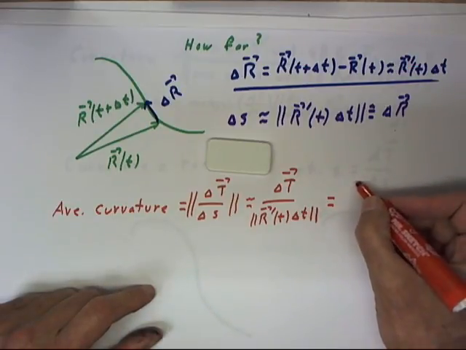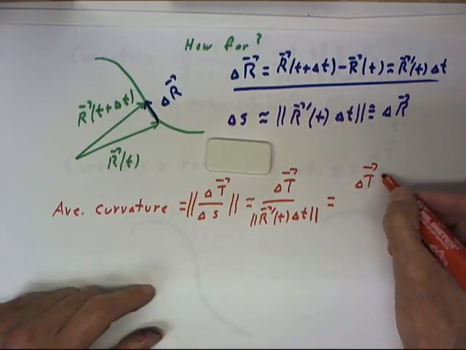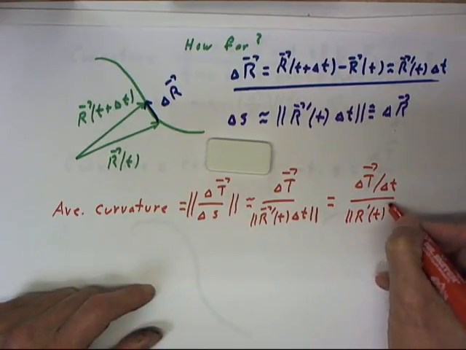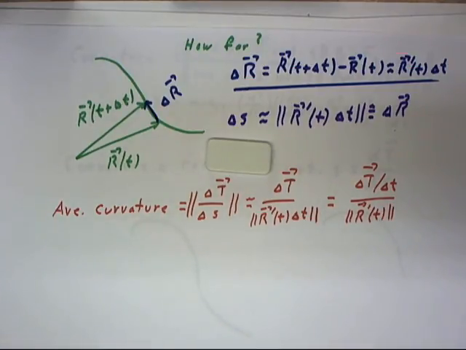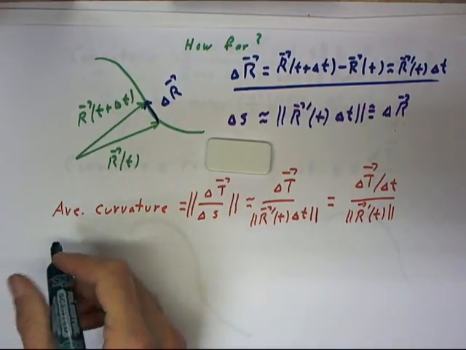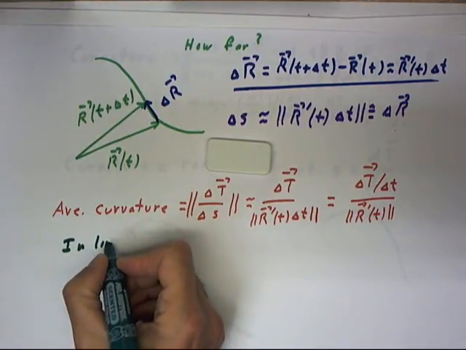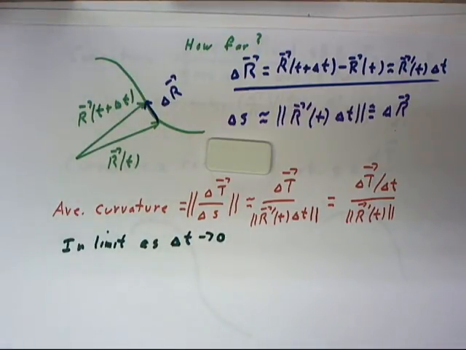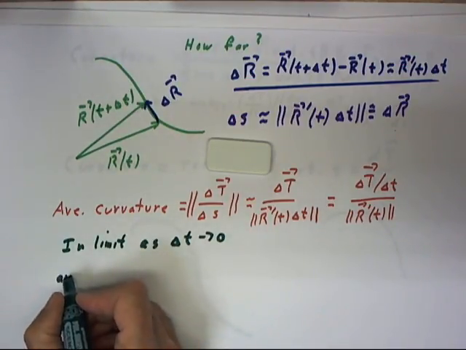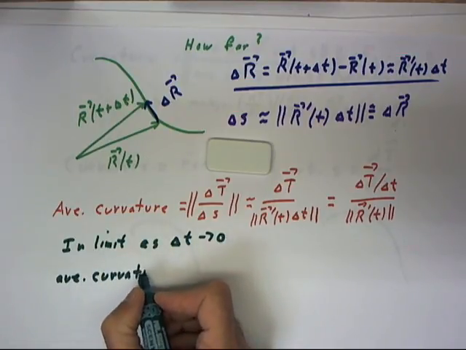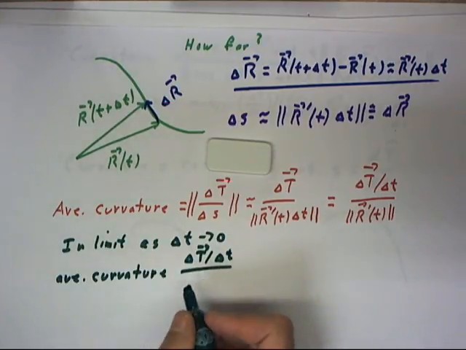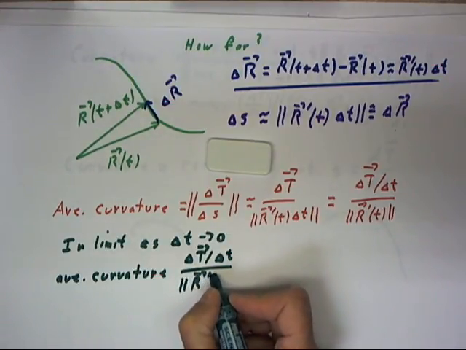So that we can write this as delta T over delta t divided by the magnitude of r prime of t, and in the limit as delta t approaches 0, the average curvature, delta T, delta unit tangent vector over our delta t time, over the magnitude of r prime of t